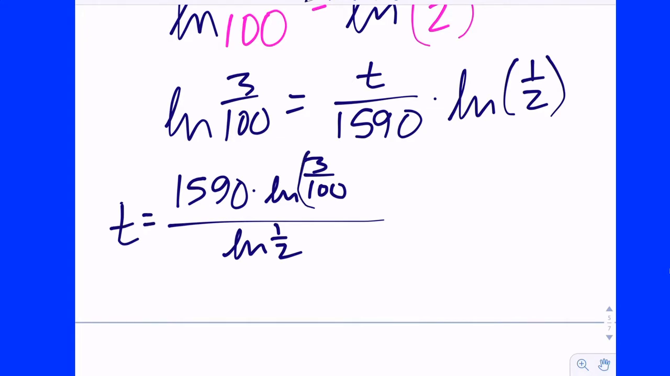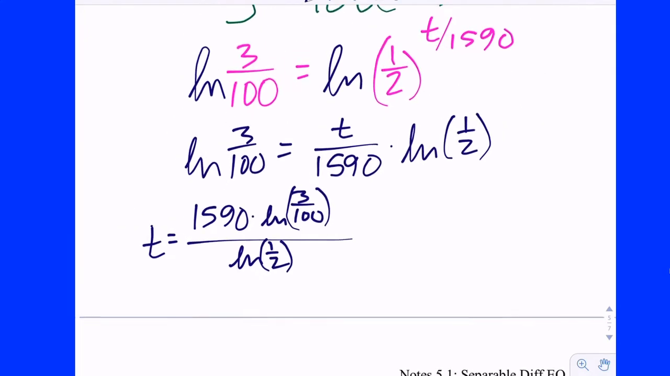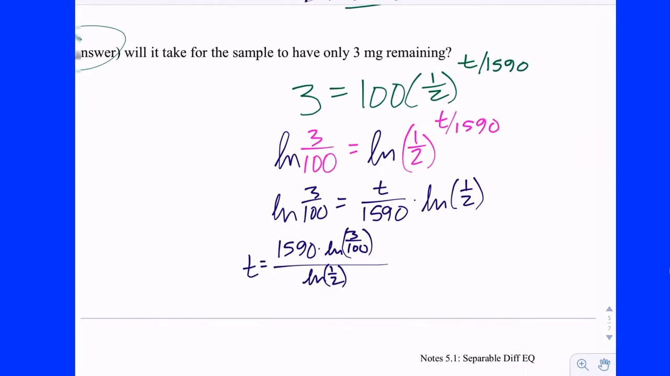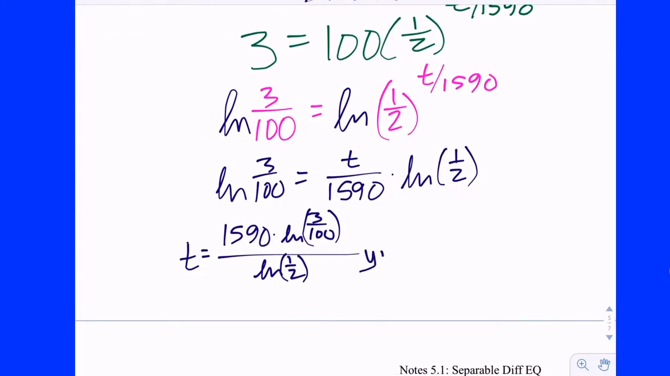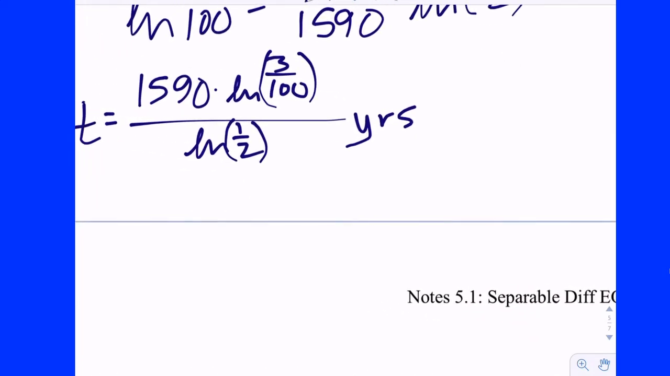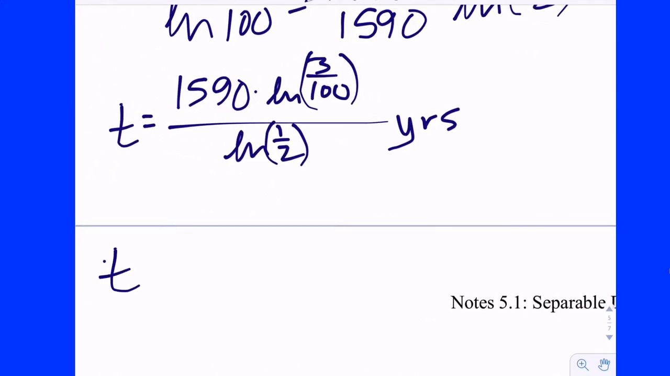Now that is both a fine and a dandy answer. What would the units be? Years. Okay. Now let's explore other versions of that, because if this were a multiple choice question with no calculator, I doubt that that would be in that form one of the answer choices. So what can we do? In the numerator,